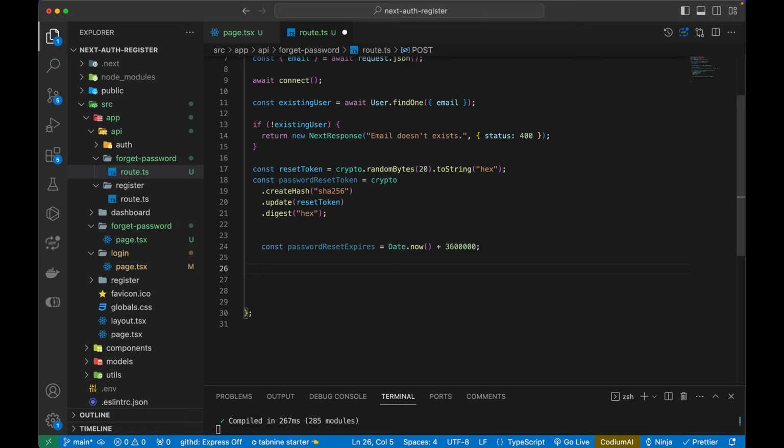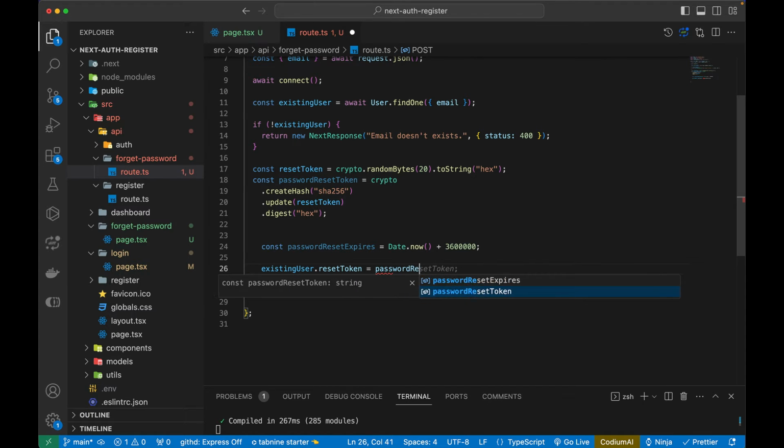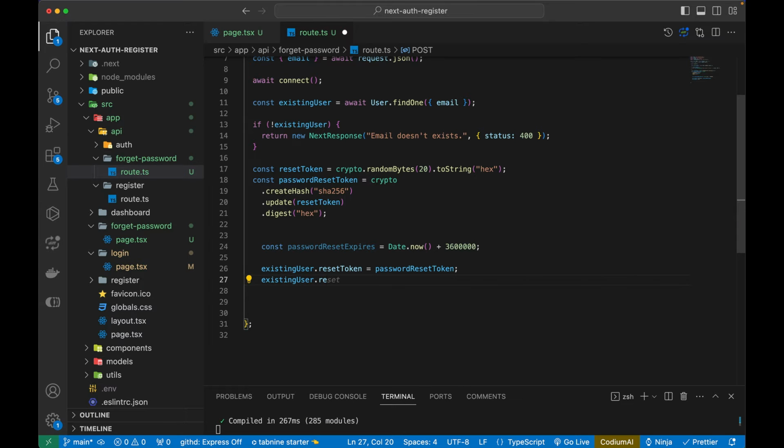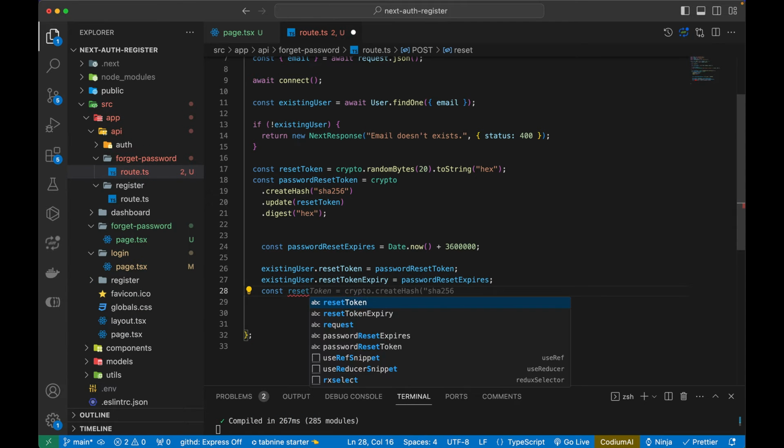So now what I'm going to do is I have actually fetched the particular user. If user exists, this is where the user will be existing in this particular variable. So I can use the existing user dot reset token equals to password reset token. And then I will be using the existing user reset token expiry equals to password reset expires, and after that I will be constructing the URL which I will be passing